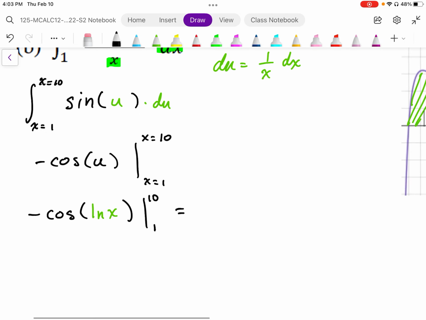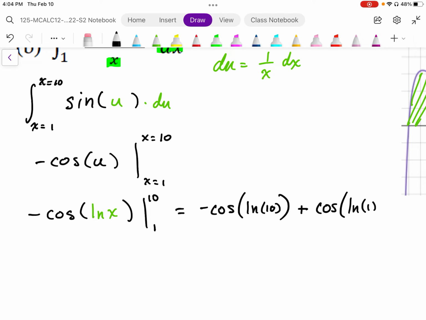So just plugging this in now, this becomes negative cosine of log 10 minus negative, so plus cosine of log 1. Okay, log